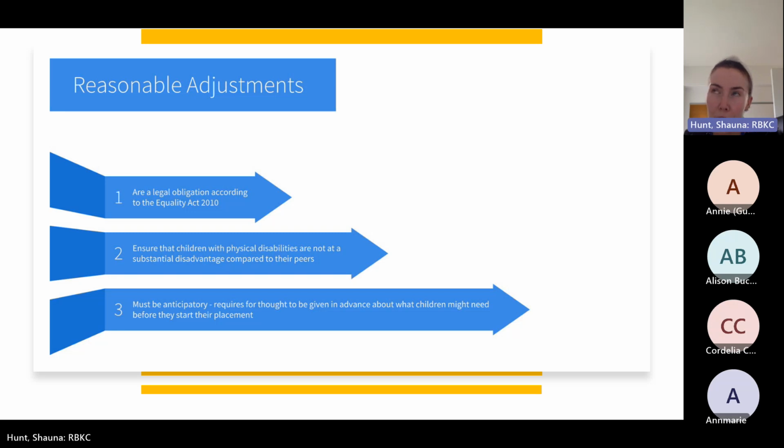And just to say, for you to determine what is a reasonable adjustment, the education provider should consider factors like, obviously, the student's disability, and what effect that adjustment is going to have on the student's participation, their learning outcomes and their level of independence. But also thinking about how that adjustment is going to affect other students and staff. And we also need to be mindful of the cost and the benefits of making the adjustment.